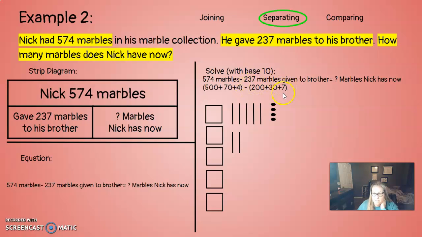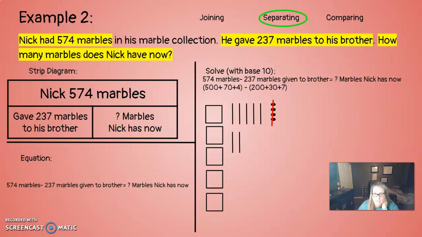Now I'm going to start with my ones place. So I have to get rid of 7. So let's look at this. 1, 2, 3, 4. Well, I can get rid of 4. But I haven't gotten to 7 yet. So what am I going to do? There's a problem. I've only gotten rid of 4, but I have to get rid of 7. What am I going